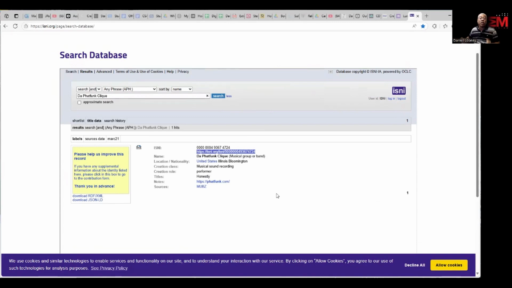Okay, that is a unique number for me as a creative entity. So each person or each group will need to have that. If I decide to release recordings under a different name, then it's important that either this ISNI is tied back to me or I get a new one tied to that particular creative entity. Okay? So with that in mind, I'm happy to know that I have an ISNI, and my source was MUBZ,